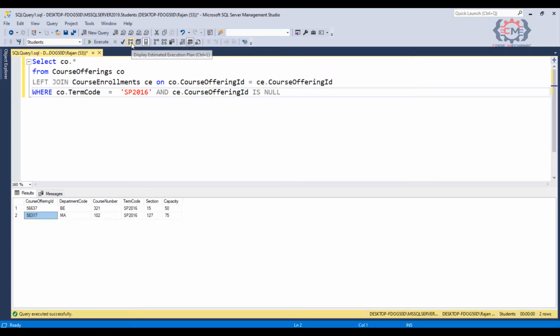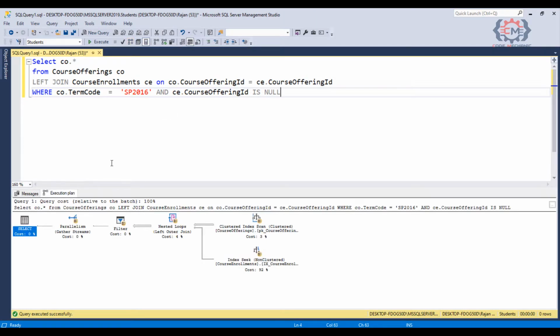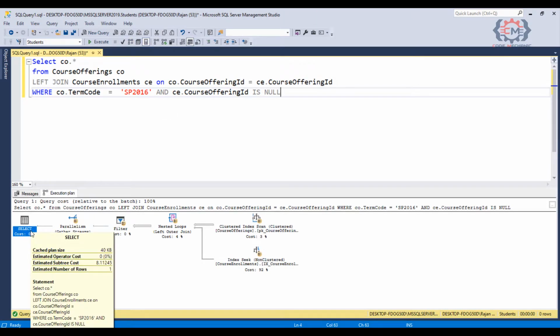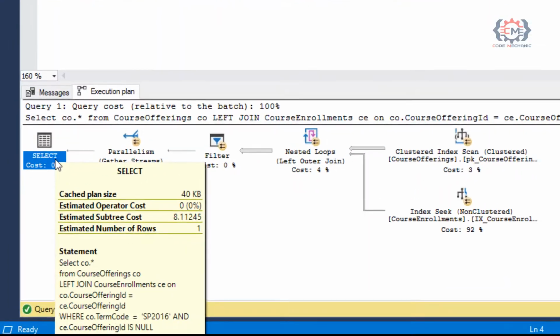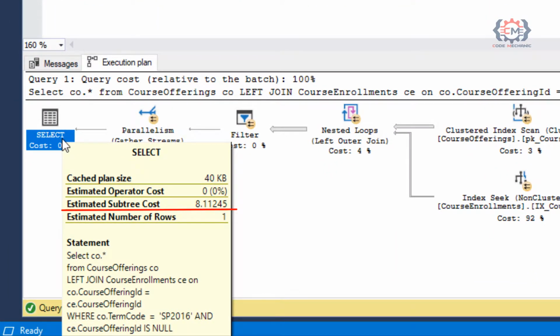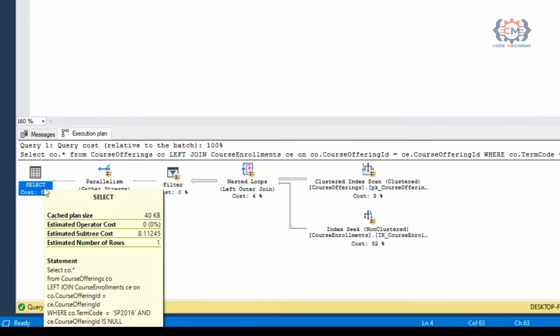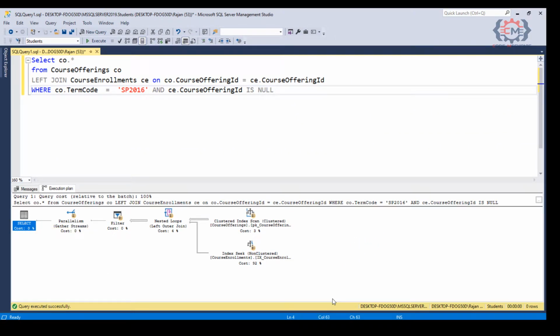What we are really interested in is the execution plan for this query. So let's take a look at that. If I mouse over the overall query here, we will see that there is an overall cost of 8, and if we look at the execution plan, it looks like that cost is being driven by the index seek lookups occurring against the index in the course enrollments table down here at the bottom.